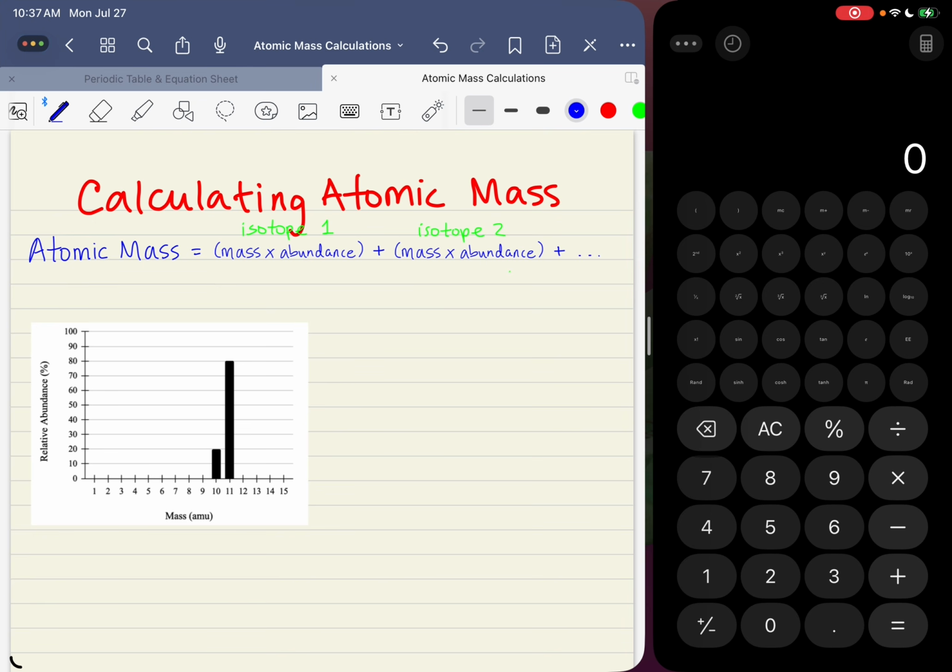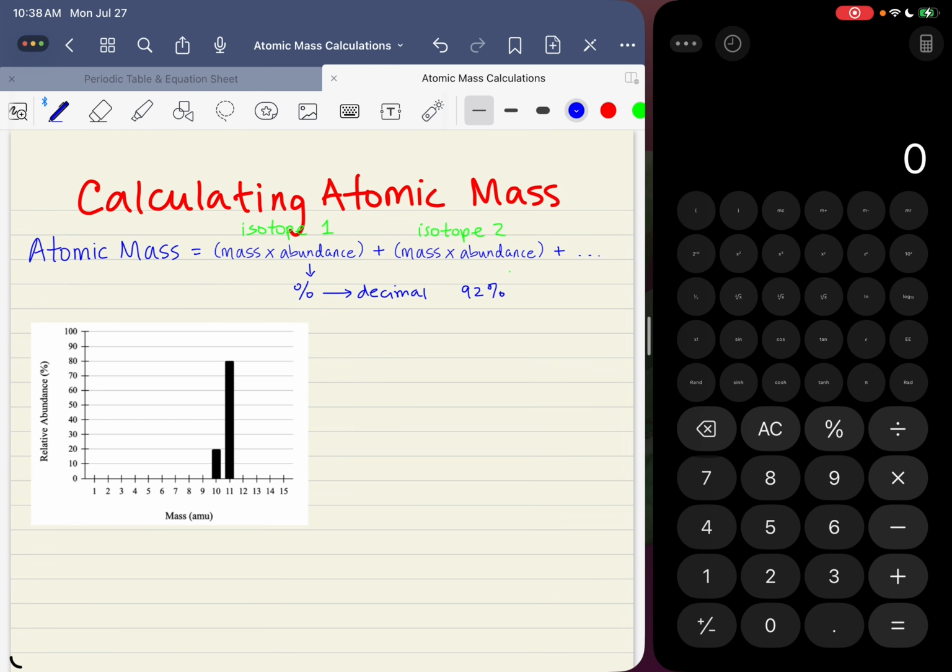Now, there's only one catch to this. Abundance on these graphs is usually given to us as a percentage, and we don't want to multiply by a percentage. We want to multiply by a decimal. So how do we change from a percentage to a decimal? Let's just review that quickly. Let's say I had